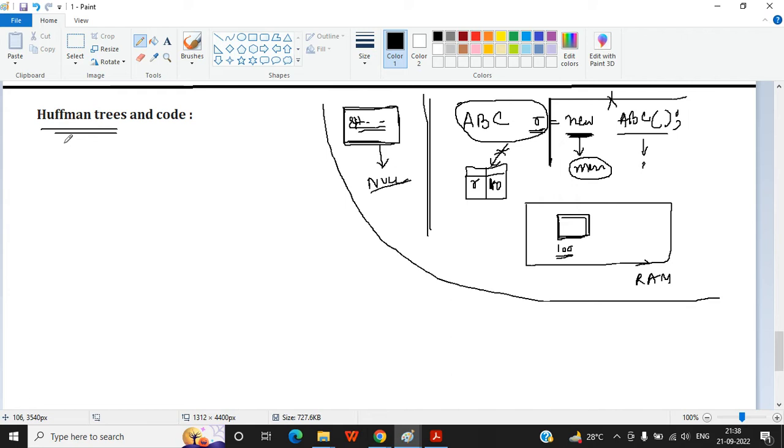Options are for loop, while loop, do while loop, and definite loop. So is it an ambiguous question? To me, you can take it as an ambiguous question because we do not know. We know while loop, we know for loop, we know do while loop, and we also know that these all three loops can be treated as infinite loop and finite loop. But we do not know what they are trying to say about definite loop.